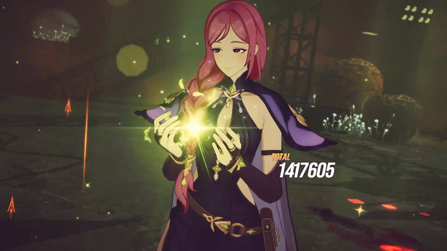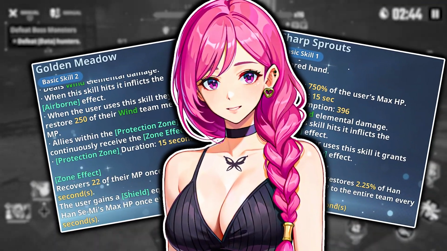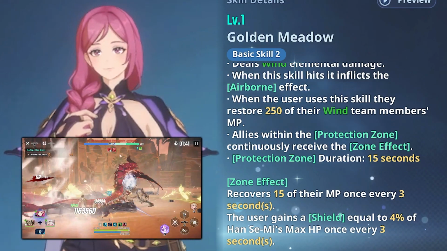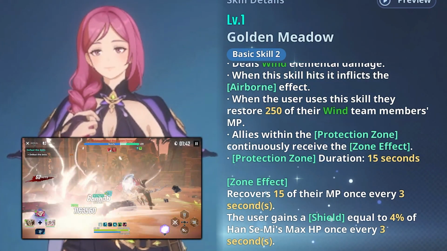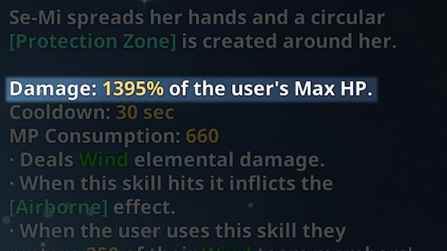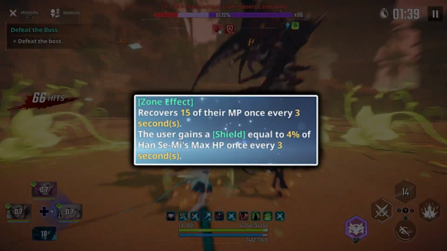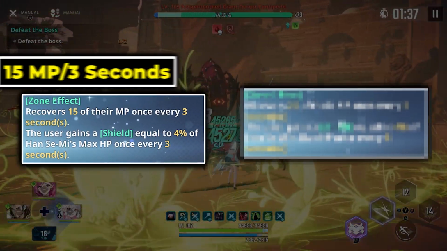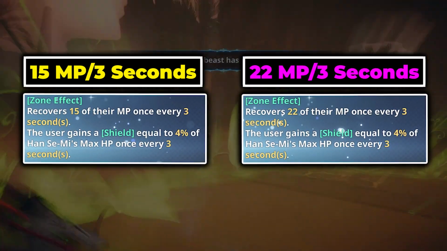But then with Hanseimi also being a healer, with her skill level priority, you don't really need to level up too many skills for her, because in my opinion, the most important skill for you to level up for her is going to be Golden Meadow, which is her second basic skill, and leveling up this skill for her isn't going to be necessarily for the damage increase it can apply, but it is going to be because of the zone effect, which can recover mana for your whole entire team every 3 seconds, and this can go from 15 mana points all the way up to 22 mana points every 3 seconds,